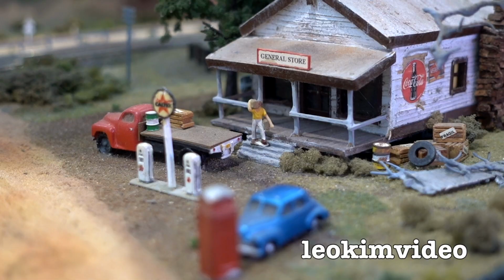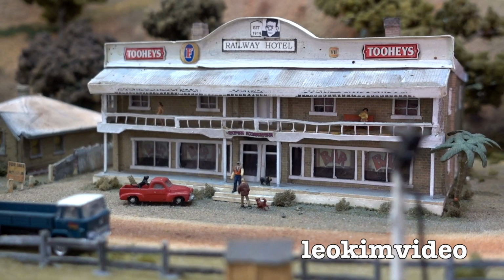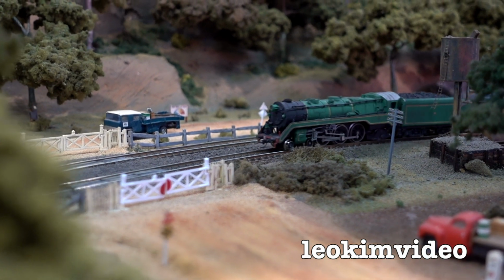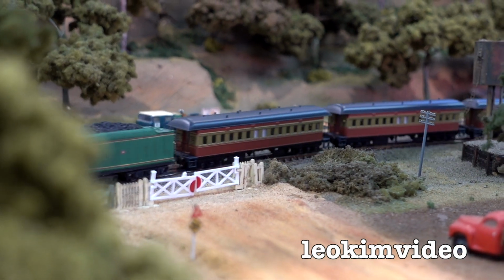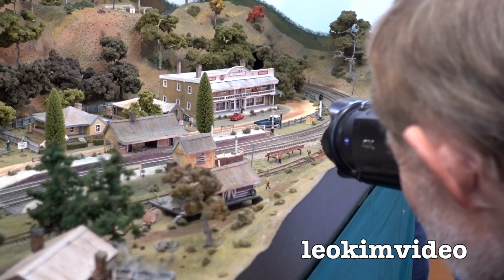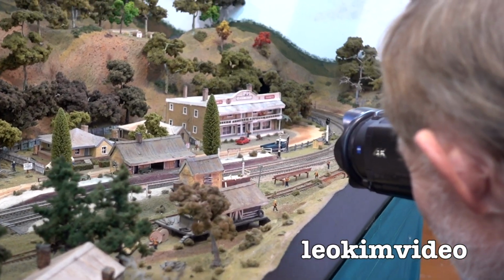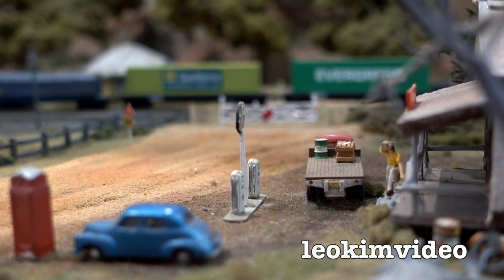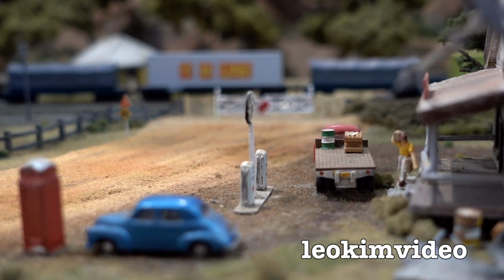That's a very common ideal in Australia, I can tell you. The buildings are in the style of the old Saltbush Bill cartoon strip. I don't know that cartoon strip, maybe I need to Google it now. And I'm just reading on here from something I read at the display. The layout was originally built by Peter Cartwright and the late John Nesbitt. So it's a way of living on in time, is by making a nice model railway and people remember you for ages. And its first public showing was way back in